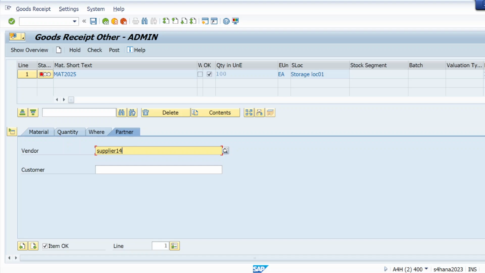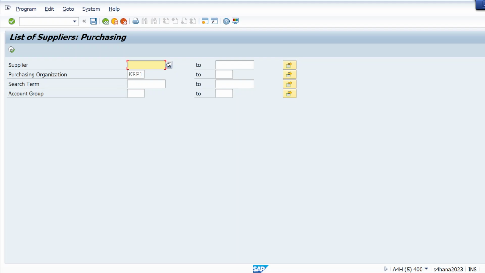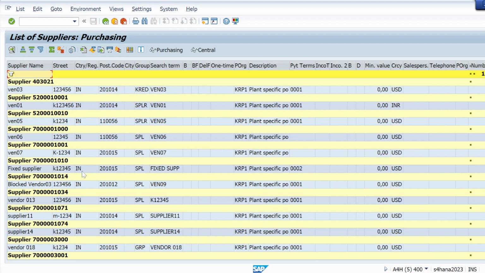Let me take another supplier. Suppose I take another supplier, what error is it going to throw? Let me check. Slash N, MKVZ. This is the last step. After that, let me take another supplier.